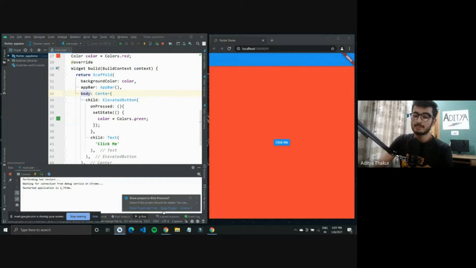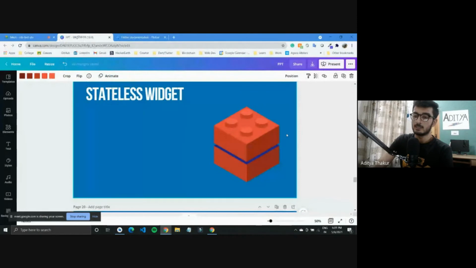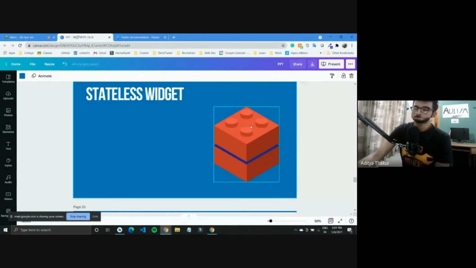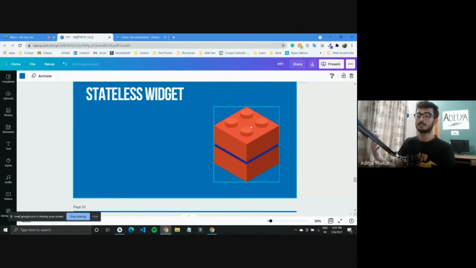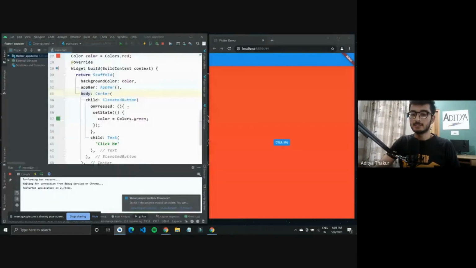If it would have been a stateless widget, so this was my stateless widget, and right now it's brown, if I wanted to change it to, let's say, pink, I had to destroy my old widget and recreate a new stateless widget with the color pink. But what happens in a stateful widget is, initially this color was set to red, but you can update the state. That is, you can change this color to be green.